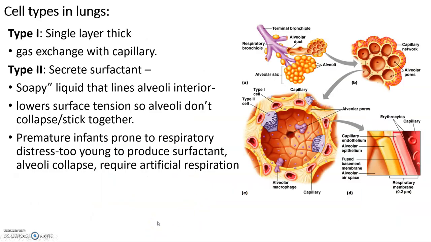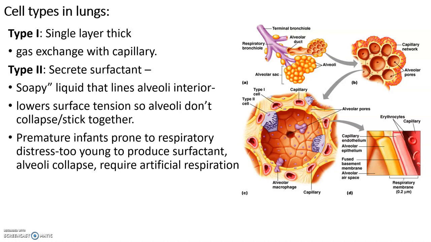A little bit more about the lungs. There's two cell types worth noting inside the lungs, type 1 and type 2. Type 1, those are by far the most numerous, so those are what line all the alveoli. Think of them as all these very thin sacs that are adjacent to capillaries. So this is where gas exchange occurs in our lungs. There's a bunch of those that form the lining of the inside of the alveoli,